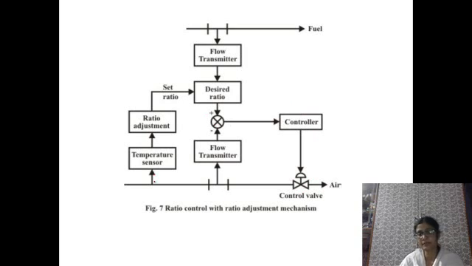Along with this arrangement, since this is the feed forward arrangement, temperature has an effect on controlling this outflow. So the temperature is measured by a temperature sensor, and the ratio has a role of maintaining the temperature